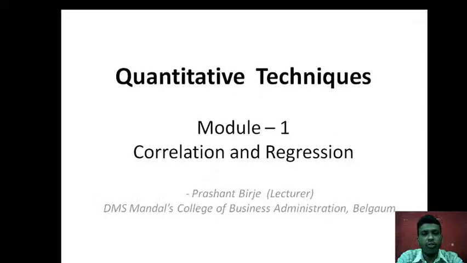To the first module of quantitative techniques, that is correlation and regression. So what is correlation? Co means two, relation. So if we split the word correlation, we get this, that is, if we are studying a relationship between two or more variables, then this study or this technique that we are going to use is known as correlation. In today's world, we come across many activities, many instances which are dependent on each other.